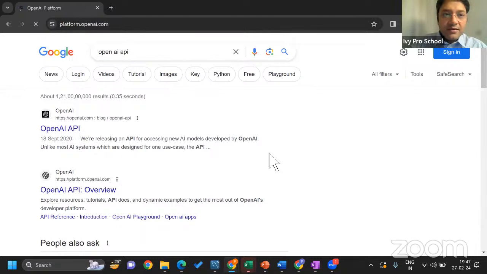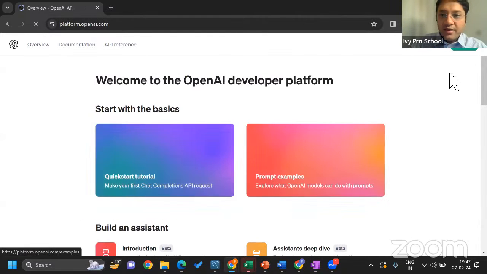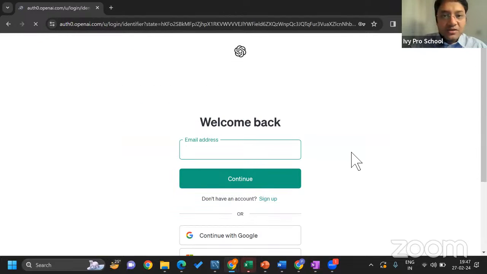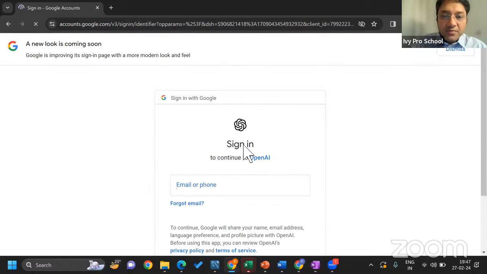As I open this link, platform.openai.com, now it'll come like this. You'll have to log in. Of course, you'll have to sign up first. You can sign up with your Google account if you wish. I've already signed up, so I just need to give my